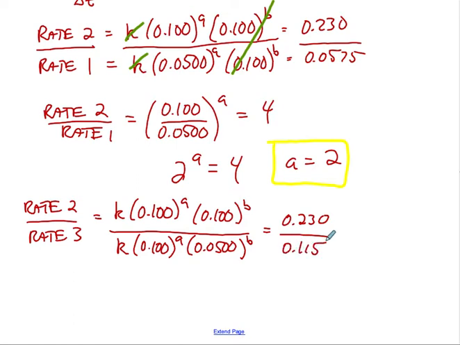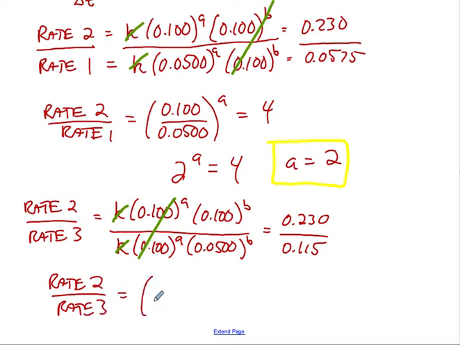Now, because the initial concentration of ClO2 is being held constant, I can cancel it, but even if it weren't, it doesn't matter because we know what A is. We could have simply plugged in 2 for A, a little bit more math, but it wouldn't be that bad. So now I'll cancel it anyway. I'll cancel K, I'll cancel K. And that gives me now rate 2 over rate 3